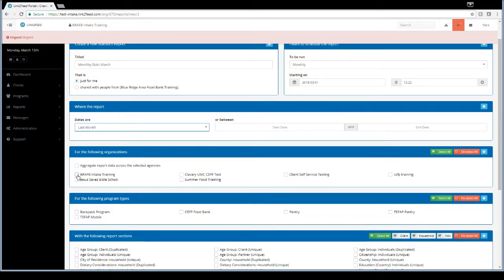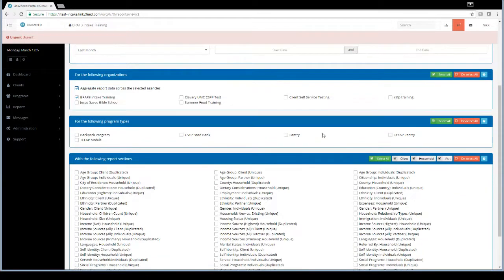and you'll just select your organization, and you'll only have one option there. Again, you'll see that, and it's the only option. You can select a single program type, so maybe you want to set up multiple monthly reports to have a separate one for USDA, have a separate one for non-USDA, and some of you are doing those generic programs like those clothing programs and those furniture programs and those other types of assistance programs. Maybe you want to break that out into a separate report. You can break them out into separate reports, or you can select all and have this report just be every